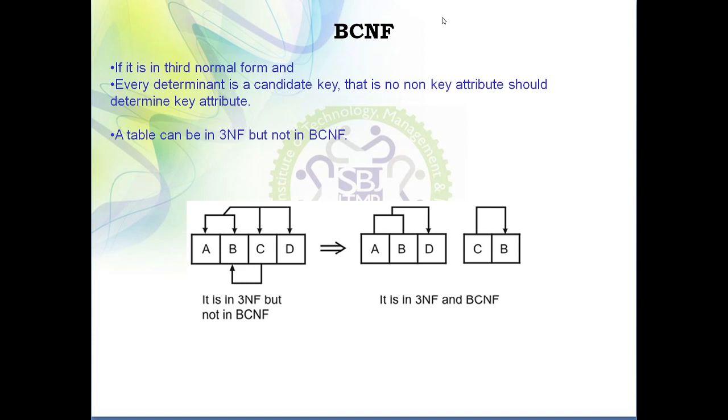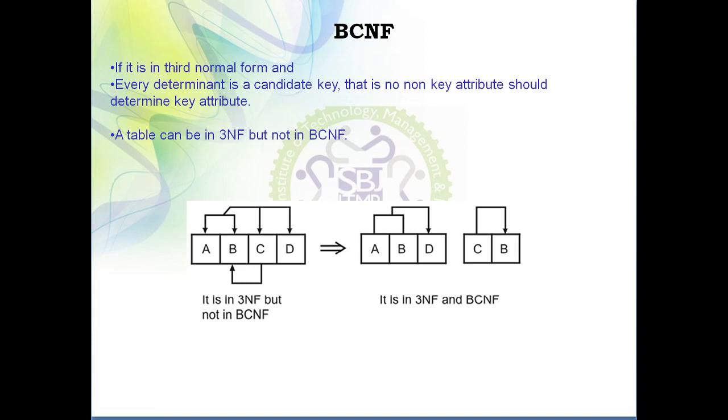Now let's check this diagrammatic representation. We can say that this particular relation is not in BCNF, but it is in the third normal form. I will tell you the reason. From this, what you understand, the two arrows represent a combination. That means in this case the primary key is formed with attributes A and B. So A and B are key attributes, whereas C and D are non-key attributes. By using the combination of A and B, you can easily find the value of C as well as the value of D. So it's okay, there exists total dependency.